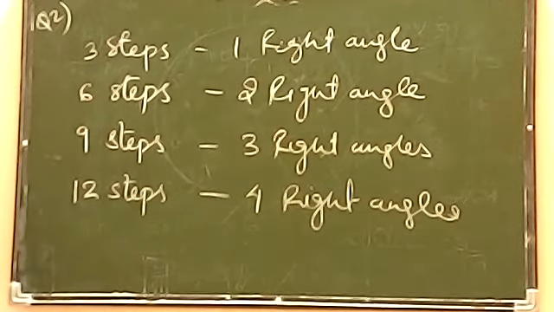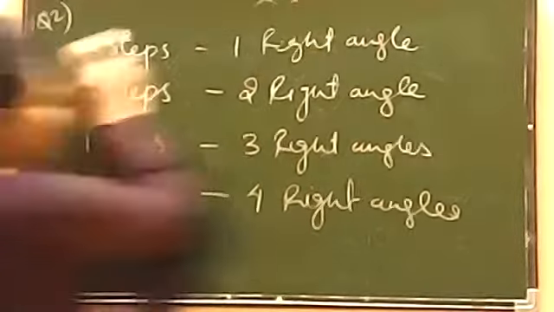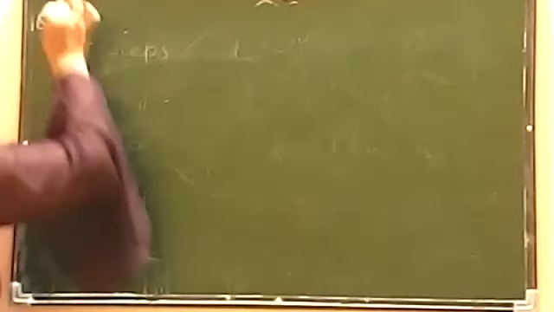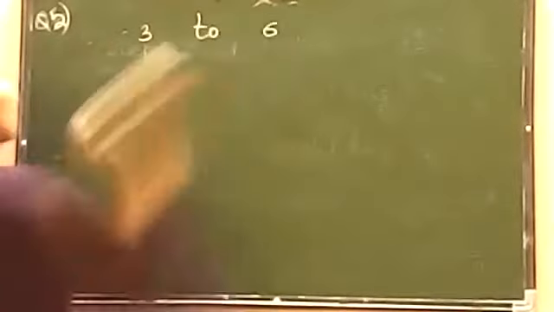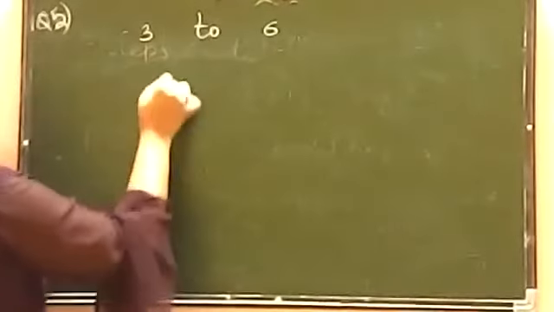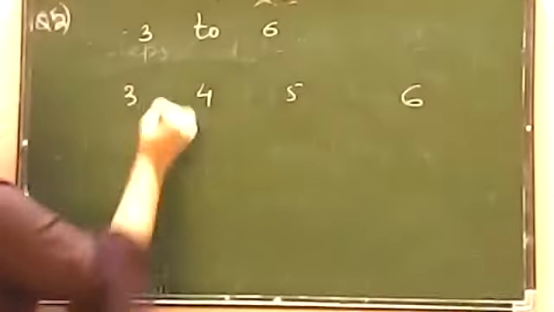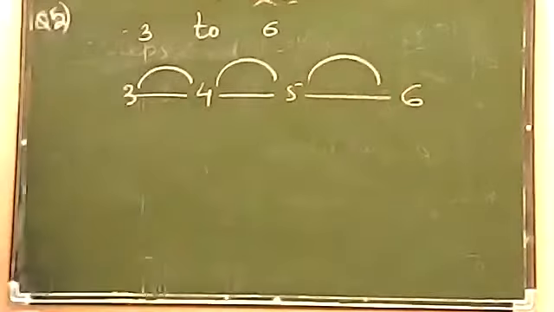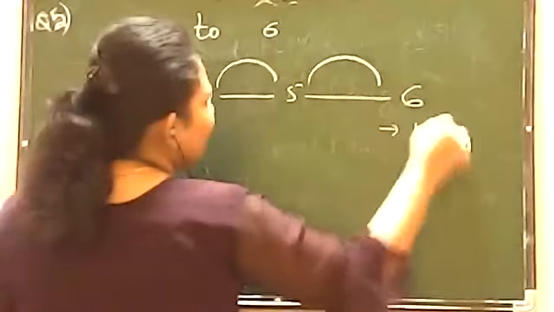So this is a very simple procedure to understand how many right angle you will have. So in this question, we don't even need the figure also. You can simply speak your answer orally. Now let's see how. Suppose the question is telling in question number 5, that you have to move 3 to 6. So जब आप 3 से 6 में जाते हो, you will have 3, 4, 5 and 6. Now look at here, 1 part, 2 part, 3 part means total 3 steps, and 3 steps means you will be having one right angle.